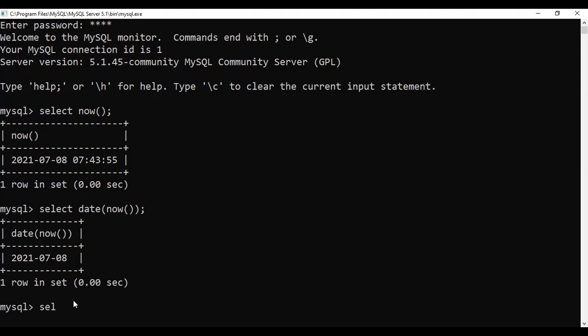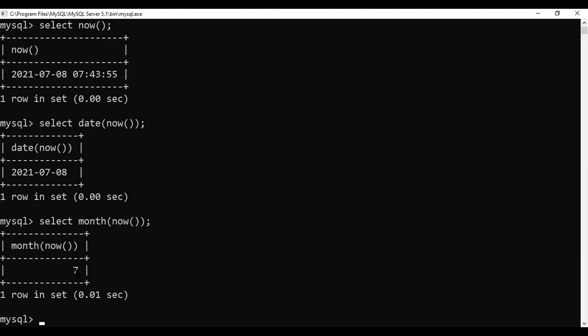If I say select month of now, which is today's month, the output is 7. It's July, so it is 7.